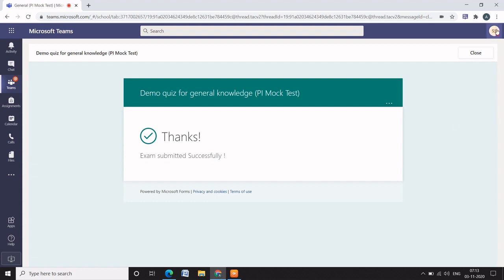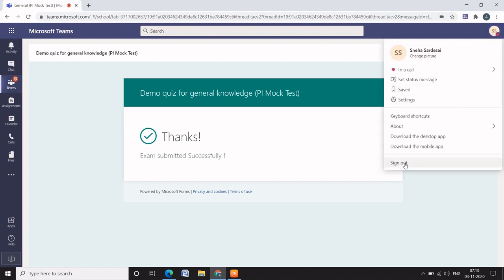You can sign out after you complete the examination. Make sure that you open your camera, open your mic. Do not try to copy. You will be proctored by our invigilators. So in case you are found to copy the material, copy the answers, then you will be blocked from giving the examination.